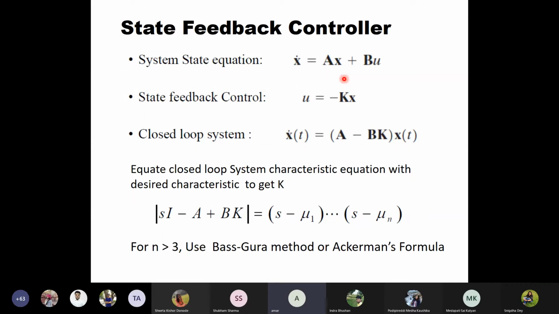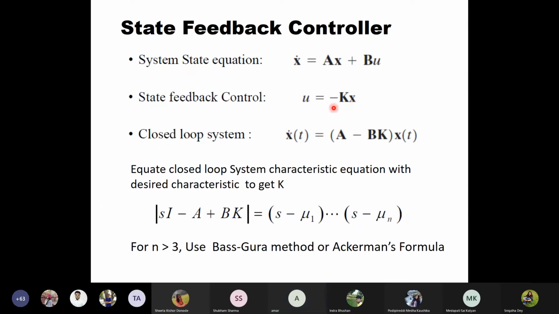This basically means that all the states may not be measured to give you the output y. So if that is so, how do we construct this controller equation? It means the information of all the states is not available to us, and then it is very difficult, in fact impossible, to construct the state feedback control law.